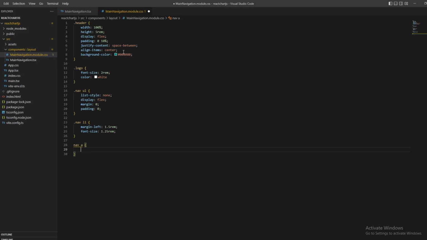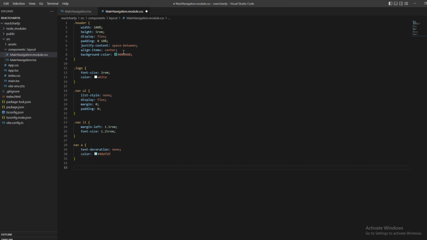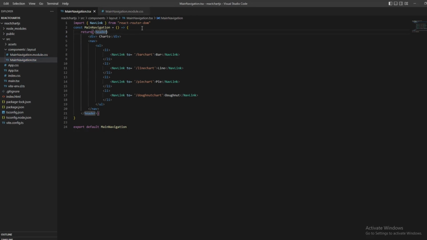Let's move on to the nav A. Let's say our text decoration should be something like none, and the font should be, or maybe not the font, let's say the color. The color should be also something like, let's say, this color, and our nav A hover. And if you want to hover also over our nav, not to hover, sorry, for nav active, let's say the color should be white. And after we define this CSS, we move back to our TSX